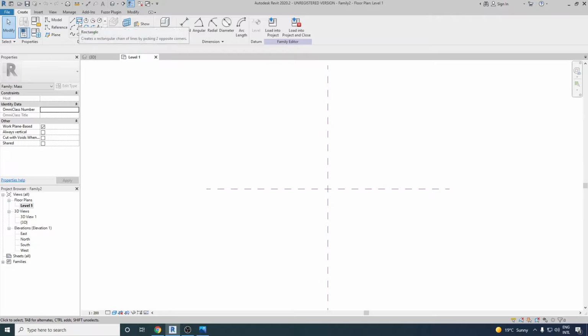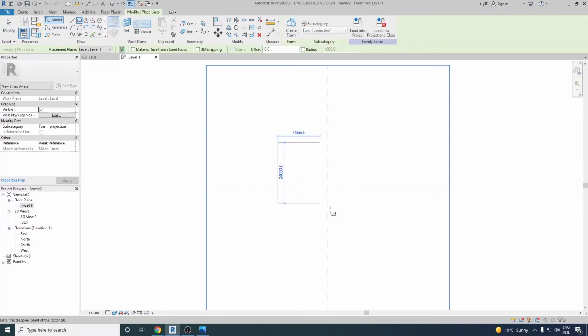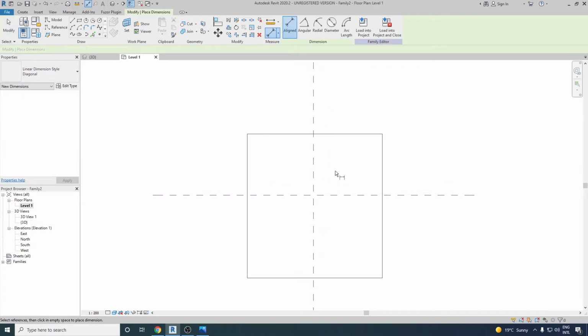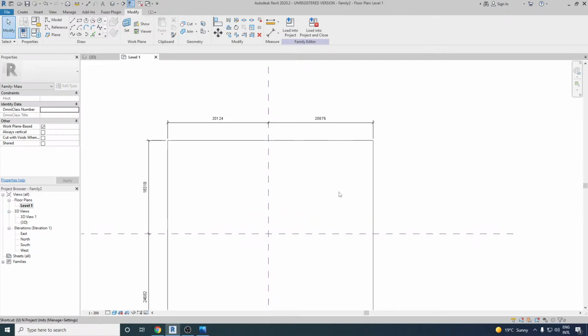Let me go to draw and select rectangle, and to give a specific dimension, let me put some dimensions here from center to the right edge and then from center to the left edge, and repeat the same on the other side. Press escape and let's set the height. Right now our unit is in millimeter. Okay, that's good.